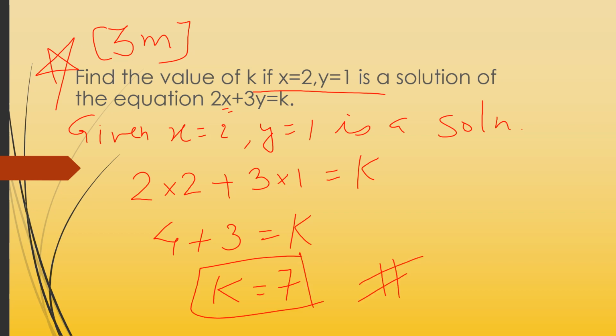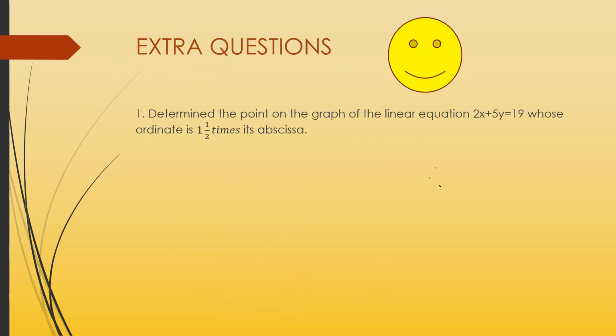Here is your answer. So you have learned how to find out different solutions. If the solution is given, how to check whether that is a solution of a given equation or not. And in the third part, you have done that if two values are given, how to find out an unknown value. So based on the concepts and the questions which we have done just now, there are some extra questions